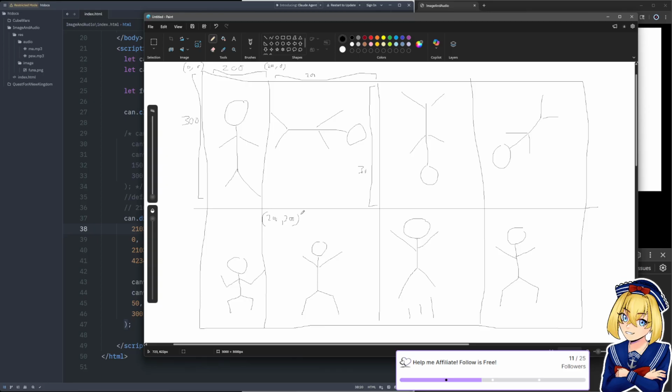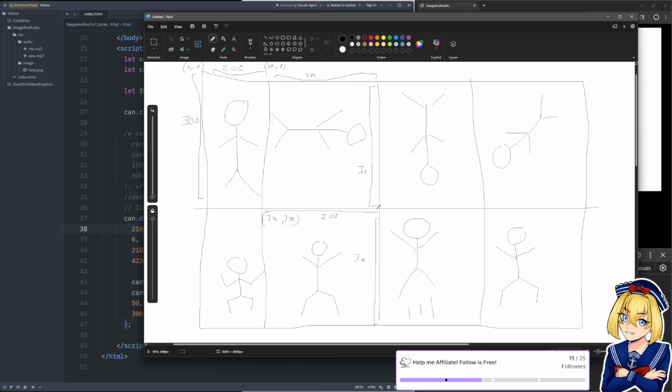And once again, your sprites are 200 by 300, so you would need the 200 for the width here and the 300 for the height here again. So it would be 200, 300, 200, 300 if you wanted this sprite.